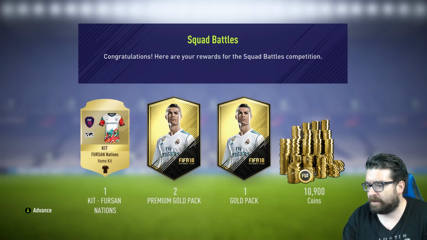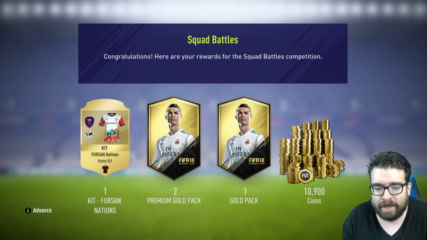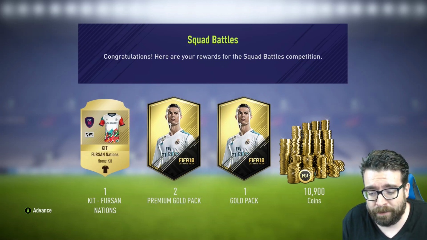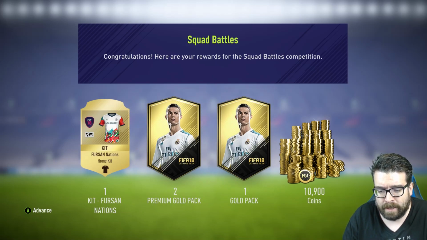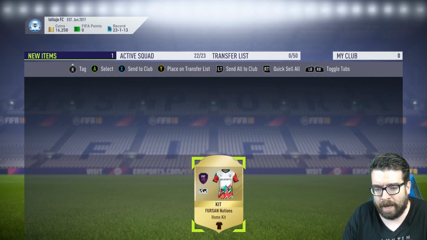We're starting things off today right here on this screen because I didn't expect it to pop up exactly like it has when I clicked on the Squad Battles button. I was just seeing if Squad Battles had finished. Apparently it has. I think I ended up as a Silver 1 in the end, which gets us some kits that I'm not interested in, but more importantly gets us 2 premium gold packs, a gold pack and a big pile of coins. And goodness me, did we need the boost from those coins